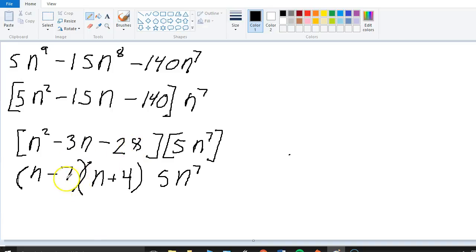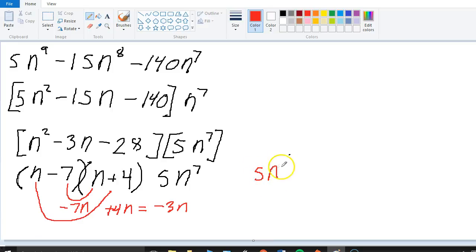Okay, our middle term. This is where we get it checked. It's the most important place to check. Negative 7 and n gives us minus 7n. n and 4 gives us positive 4n. Negative 7n plus 4n gives us negative 3n. Okay, so this works. That means our answer, just to be perfectly clear, is 5 n to the 7th